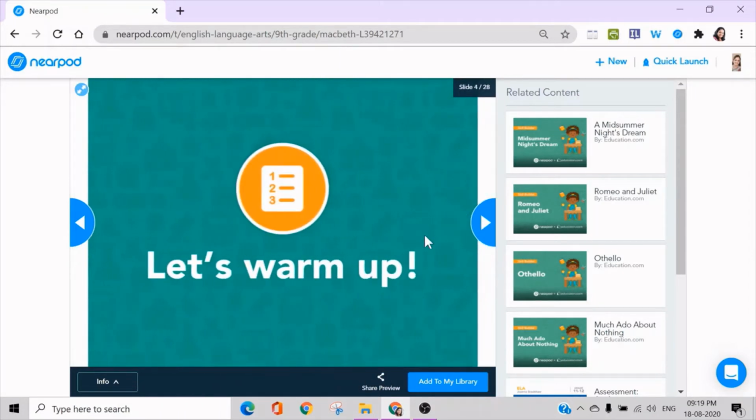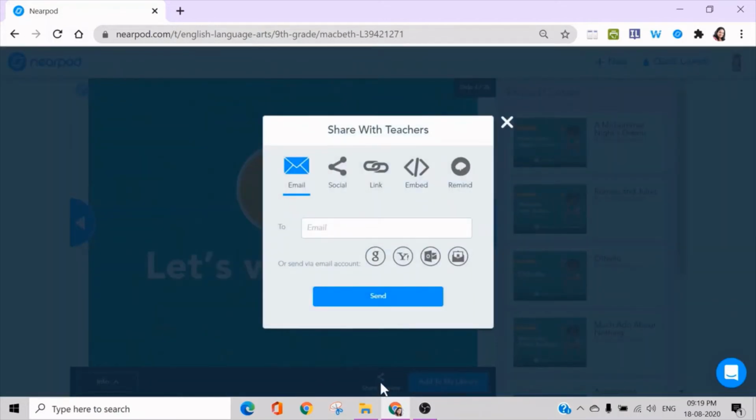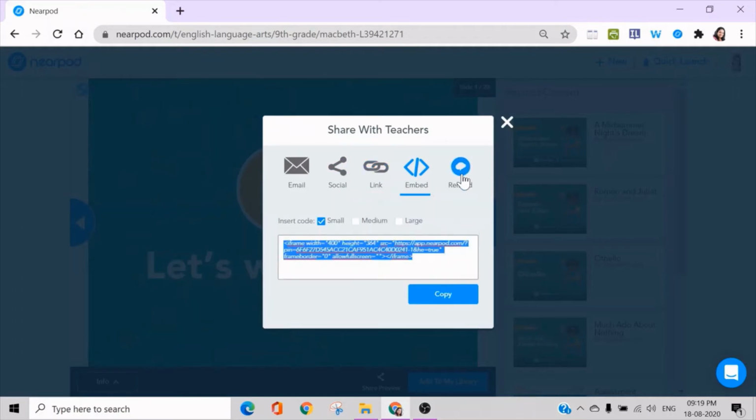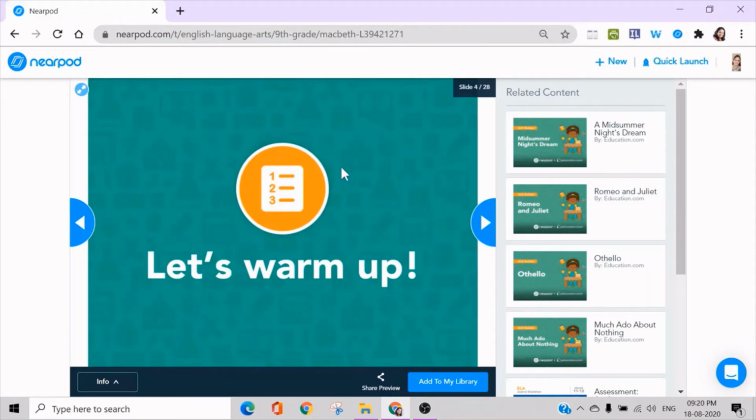And these are the things that are included in the lesson. I have got some 28 slides here. If I would like to share this preview with some other teachers to collaborate, I can just share it with teachers. I can mail them, or I can share them using the following options, like sharing it via social networking sites, Twitter, Facebook or Pinterest, sharing the link or embedding the link, and or via Remind. Remind is nothing but a message application that can be used by parents and learners, and teachers can send them